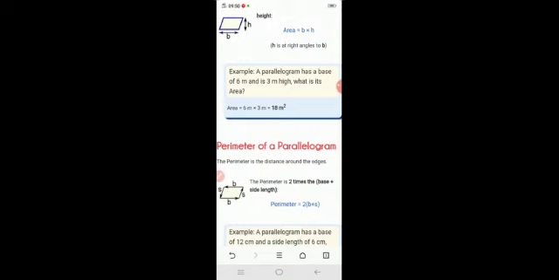So let's look at the question. A parallelogram has a base of 6 meters. So we have the base B as 6 meters, and we have the height that is 3 meters high. That's actually the height of the parallelogram. We need to calculate the area. So we know that the area of a parallelogram is basically base multiplied by height. So base is 6, height is 3, so it is 18 meters square, right? That's the way we calculate the area of a parallelogram.